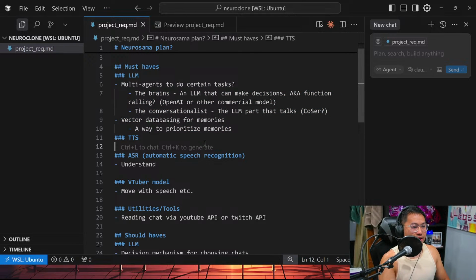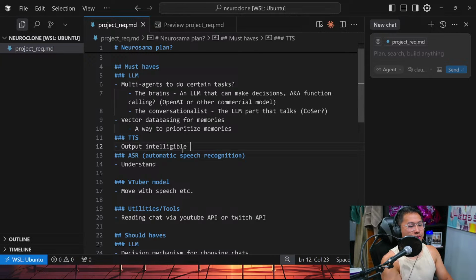TTS. I mean, this is pretty general. Part of the must-haves is output speech.